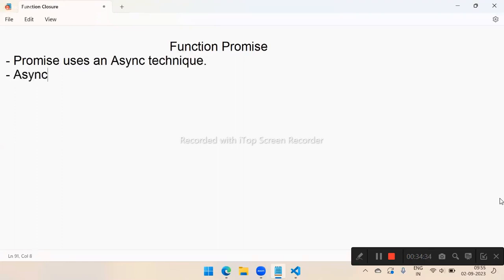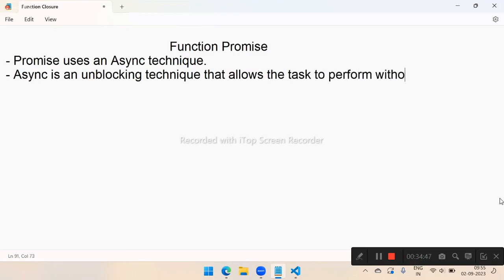So async is a non-blocking technique that allows a task to perform without blocking other tasks. That is actually what a promise function does. Right. Generally, a promise